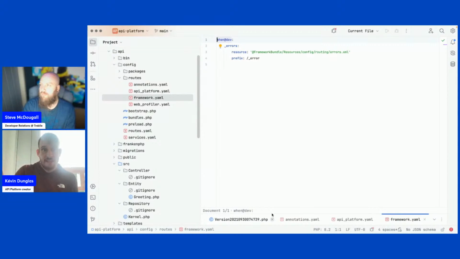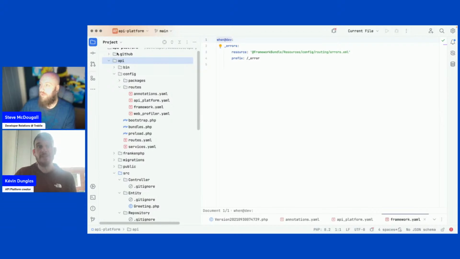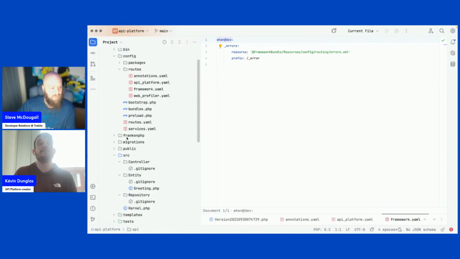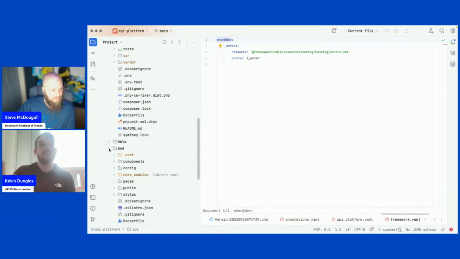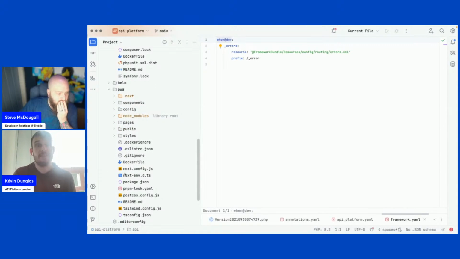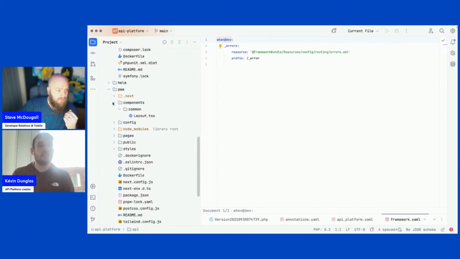Actually, the API directory is just a vanilla installation of Symfony with the API platform bundle added on top of it. So you have all the features and all the default choices of Symfony. It's the exact same code that you will get by using the Symfony new command. And the PWA directory is a Next.js application generated with the official scaffolding tool of Next.js with the API platform JavaScript libraries added on top. So every bundle and extension that you can find for Symfony will work with API platform.